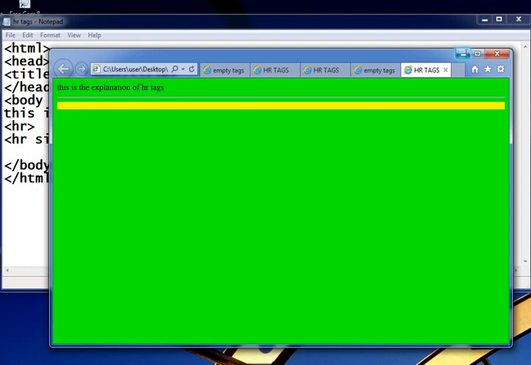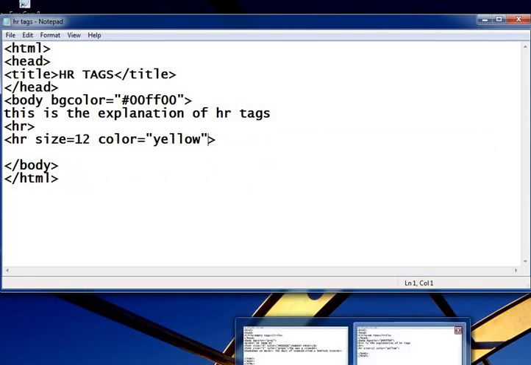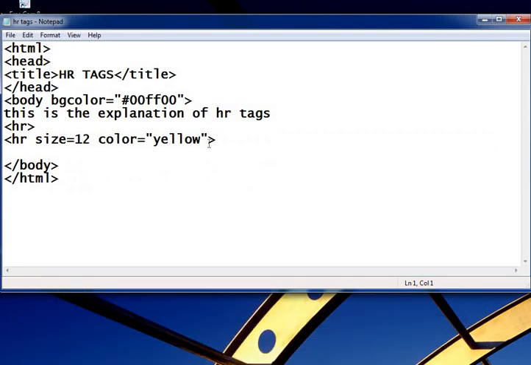Okay, then we are moving to the next attribute, that is the width attribute. Width attribute we can specify either in percentage of the browser window's width or in pixels. I just apply width is equal to, in double quotes, 10% of browser window.